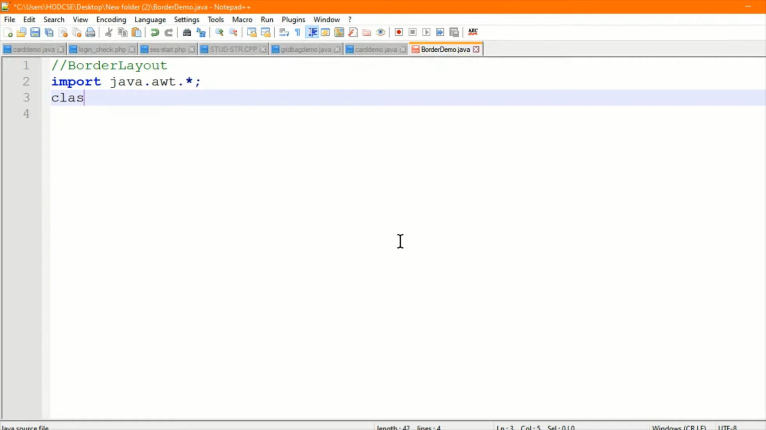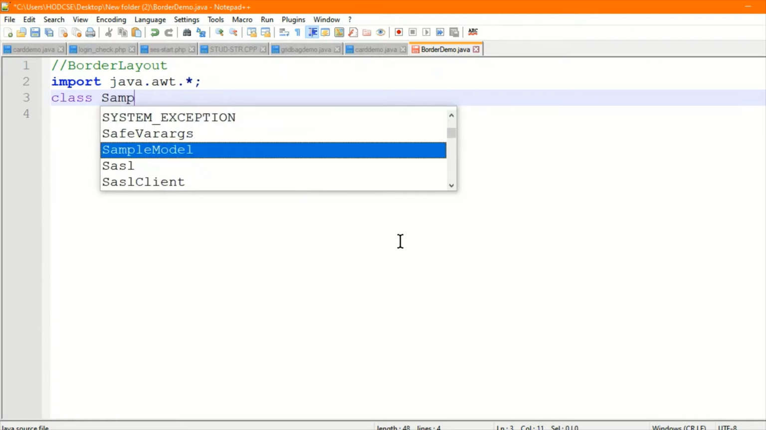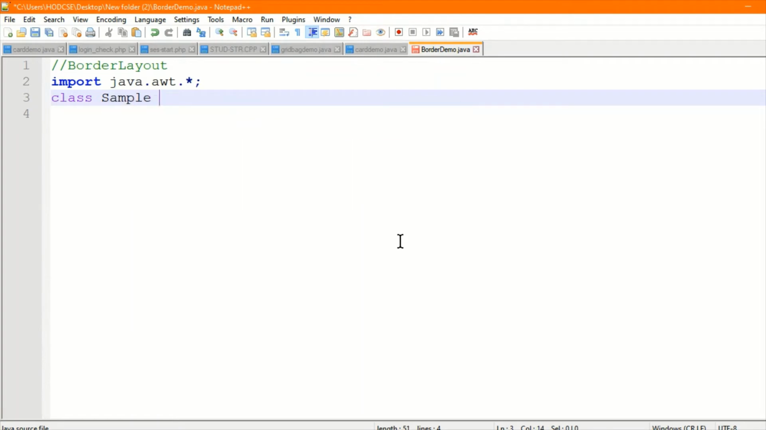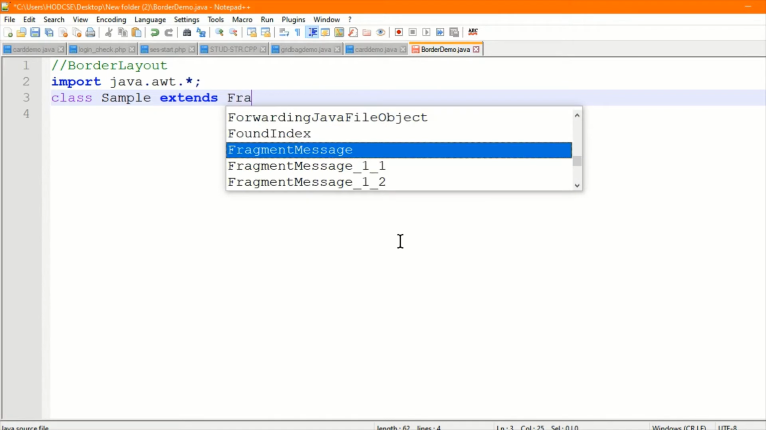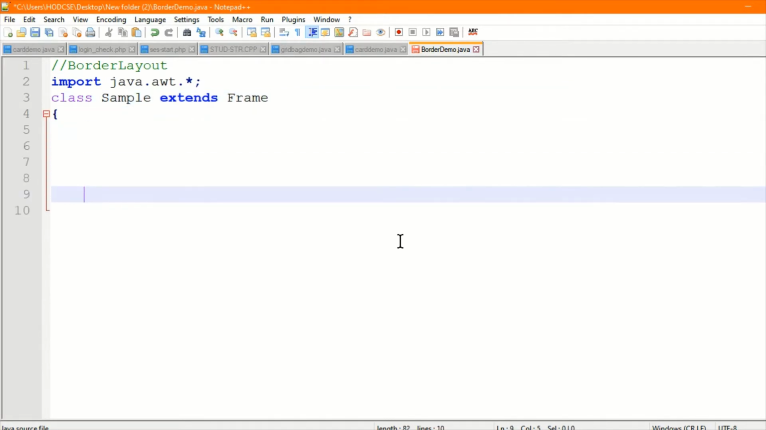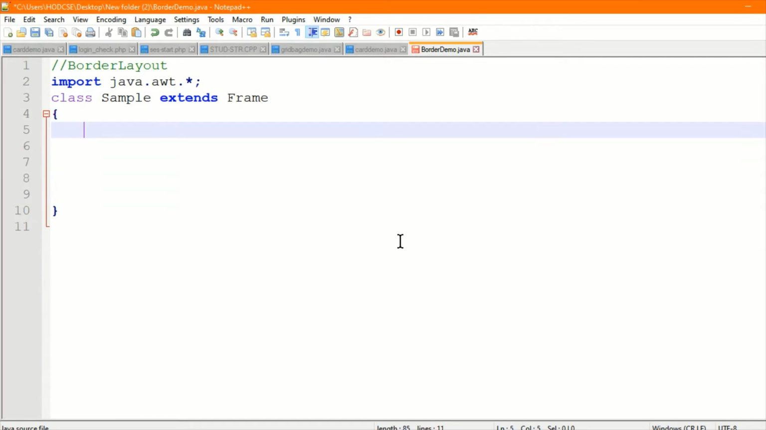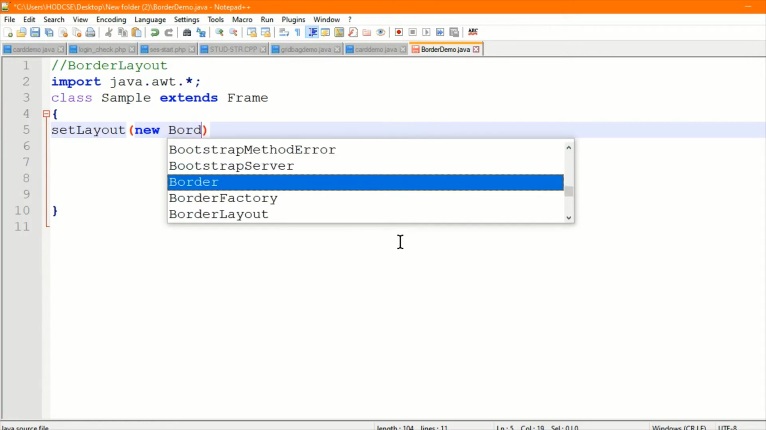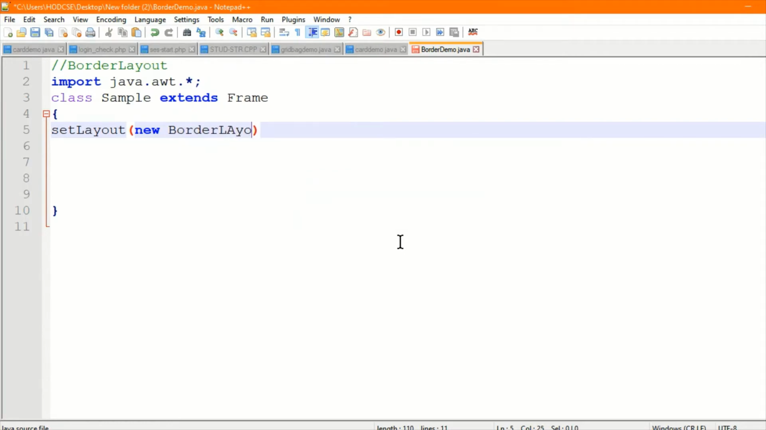So we will create that. For that we need to create the class. I will create the class Sample and extend it from the Frame class. Remember, there is no need to set the layout for any frame, because the frame has a default layout of border layout. If you want border layout, then there is no need to set the layout, but for this example I am setting the layout as a border layout,